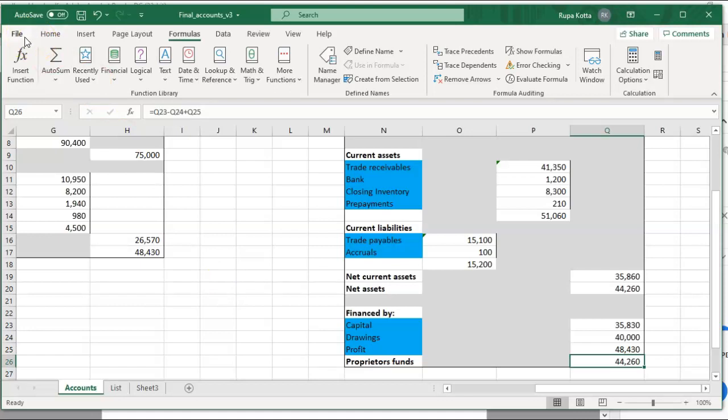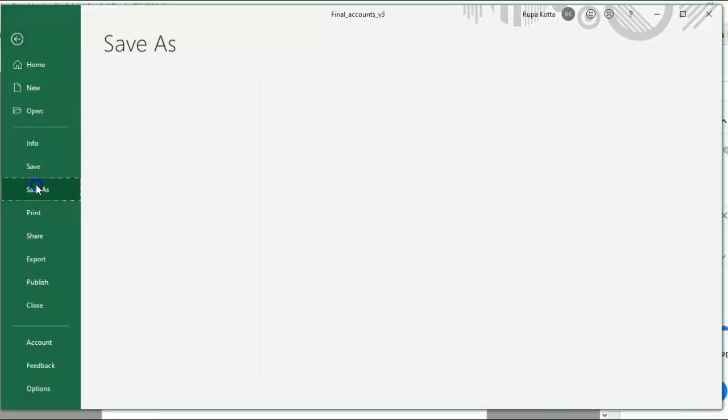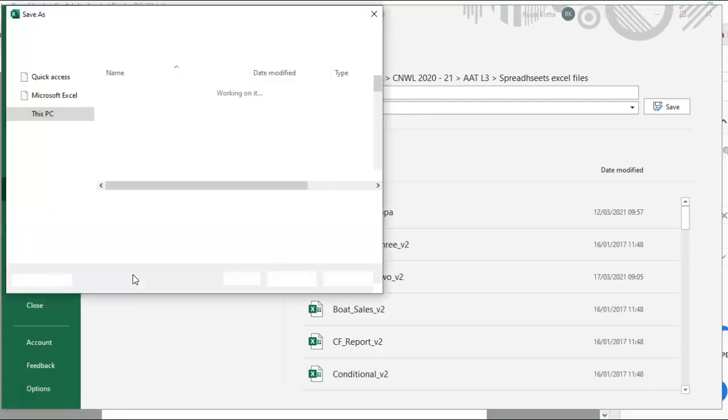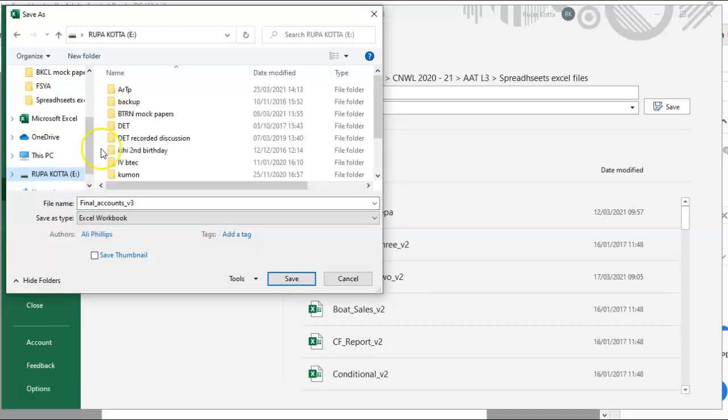Sometimes when I am receiving work from you, some students are saving it as 15-5 and sending it to me, but some of you are just sending it with the name final accounts. I hope all of you know how to save the files. Okay, just go to File, Save As, and browse wherever you are saving it. Usually I save everything in my USB, so I go to my USB and I select a folder, and then I'll change the name before I save it. Because you need to know how to save the files correctly with the right file names, because even this will carry marks when you're uploading work in your exam. So files have to be saved appropriately with the correct file name.